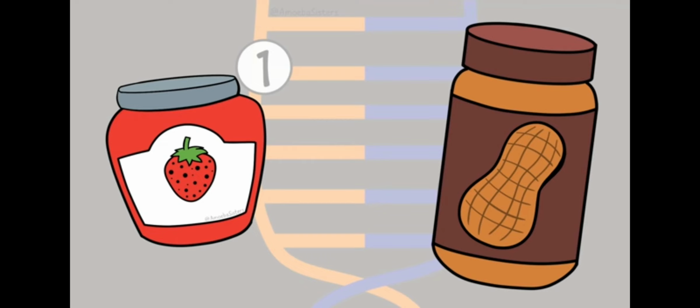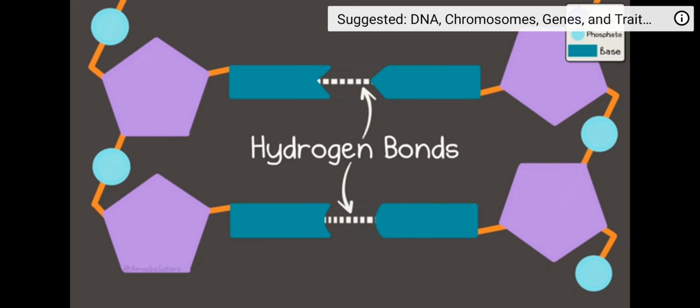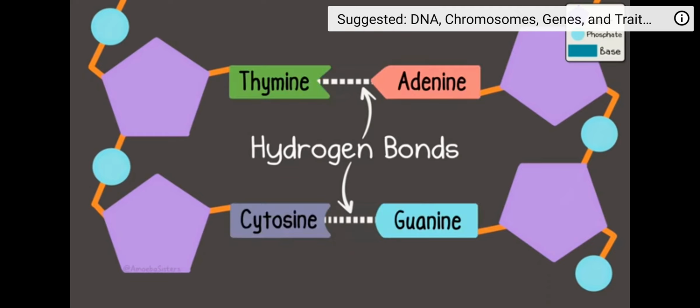Okay, before we go on, remember how we said DNA has two strands? They're not identical, they complement each other. In our video that covers DNA structure, we talk about how the bases pair together with hydrogen bonds. The base adenine goes